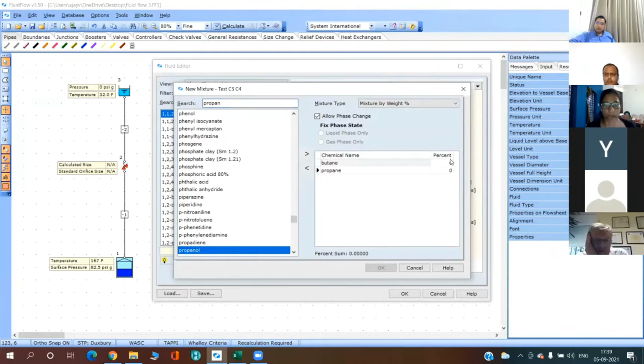Now mixture type, it says mixture by weight, but we want mixture by mole. And what is the percent? 50, 50. All right, total is 100. Let others also complete this. Then we'll click OK.